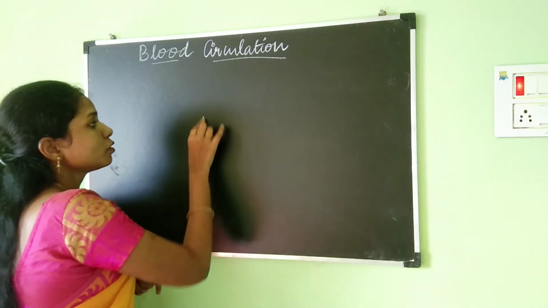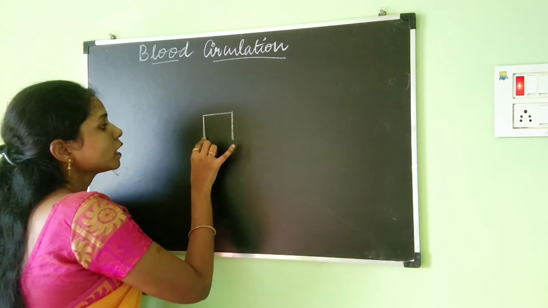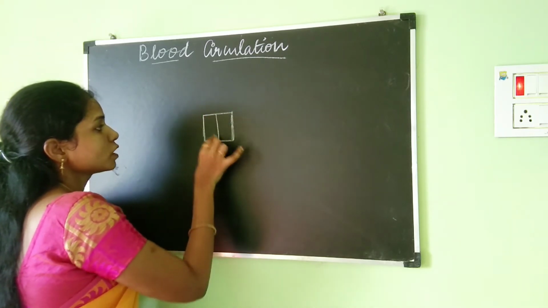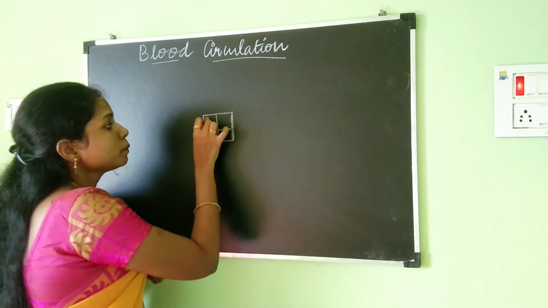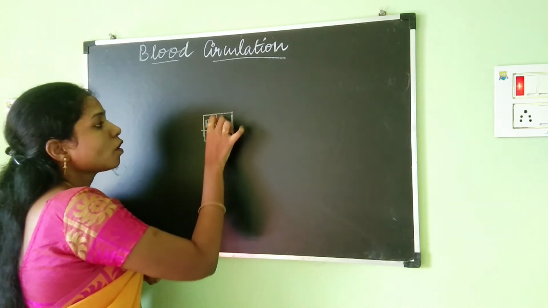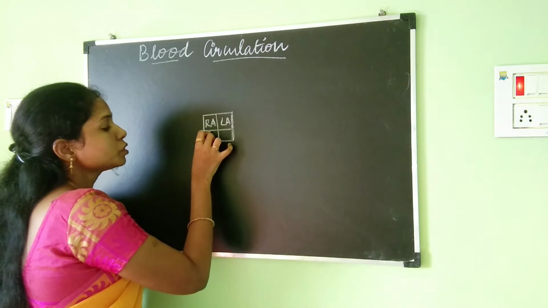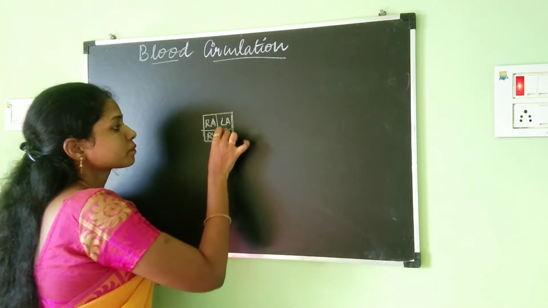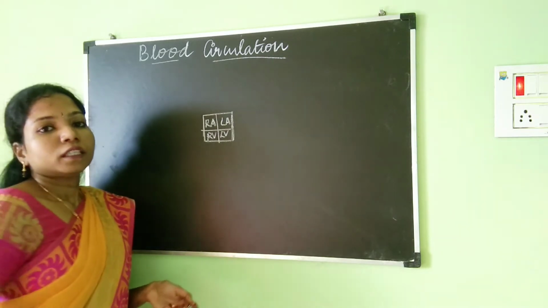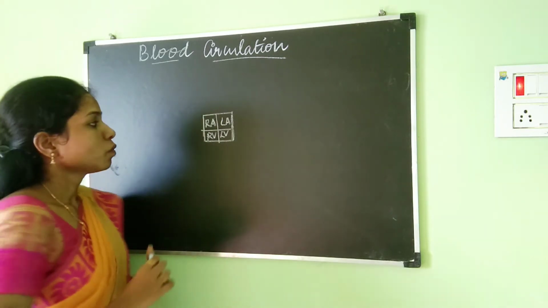So I have already told you that the human heart is a four-chambered heart. Just consider that this is your four-chambered heart. The upper two chambers are called the auricles and the lower two chambers are called the ventricles. Okay. So during circulation, what happens is